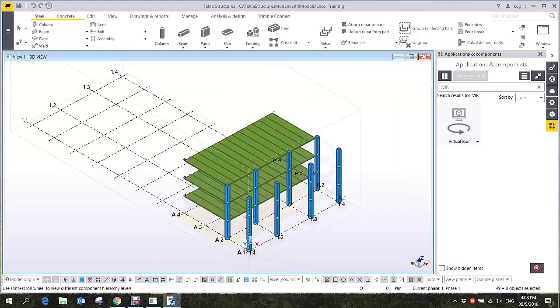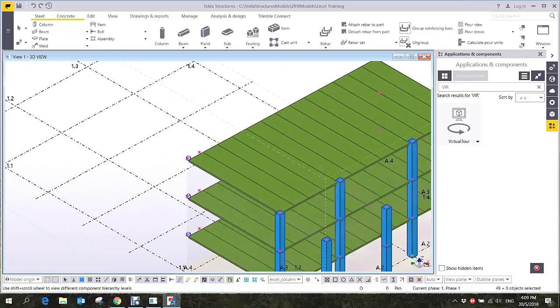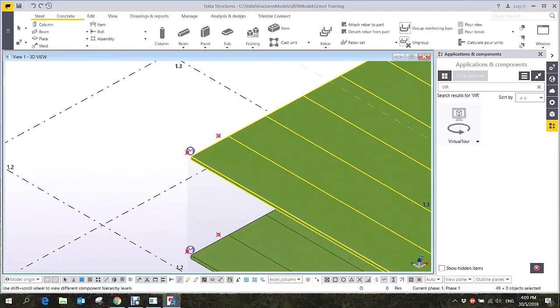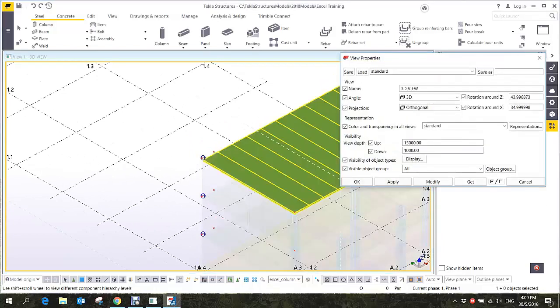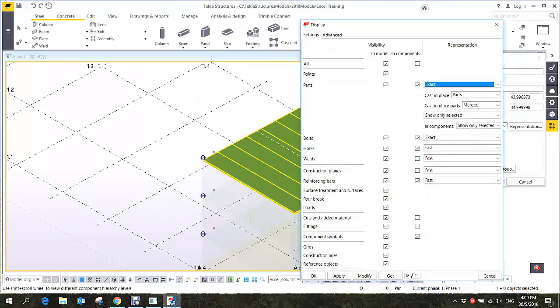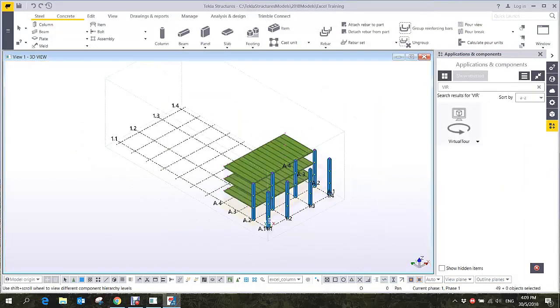Okay, so select, and then it shows only the column. I don't know why it is selected. Maybe because of the, yeah, this one selected because of the component symbol. Maybe I'll just simply, okay,